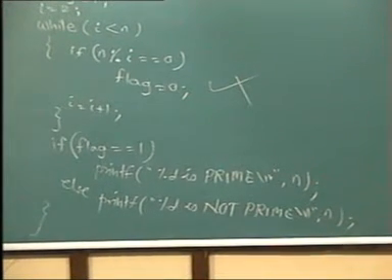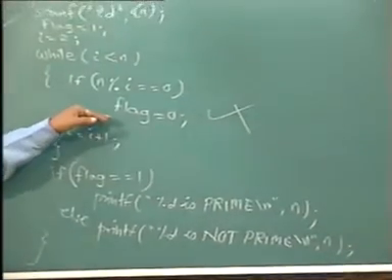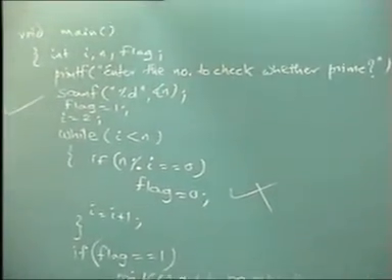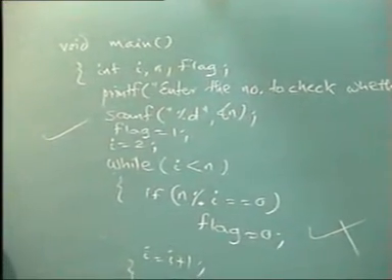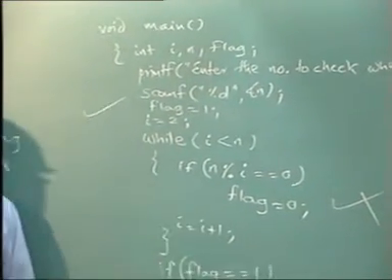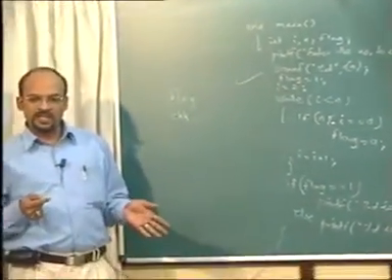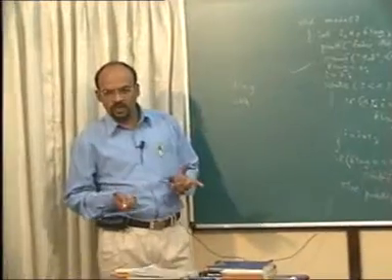In this case, we have a drawback that even in between somebody divides n, I am still dividing by the next number and checking it. I will complete the process, but it is quite possible that we may say that stop it once somebody divides. How do we do that?